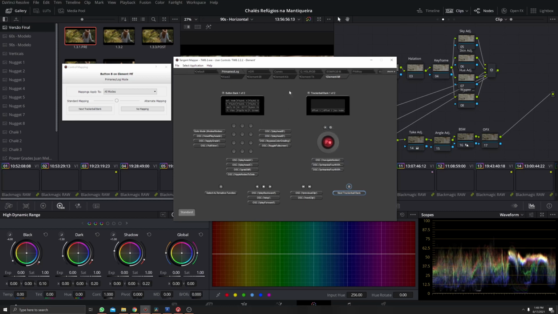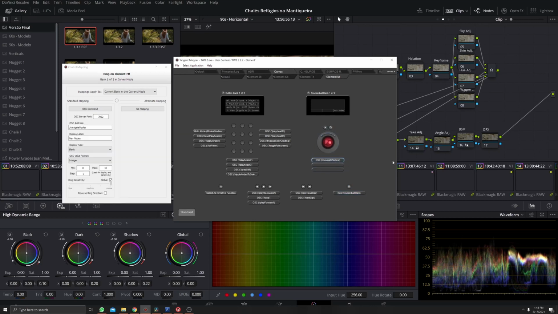For the first one, these are the tools for that mode, or the navigation between nodes here. So you turn this jog wheel here and you will navigate between the nodes. Most of them will have only this jog control, but for primaries and HDR, we have more controls here, of course.